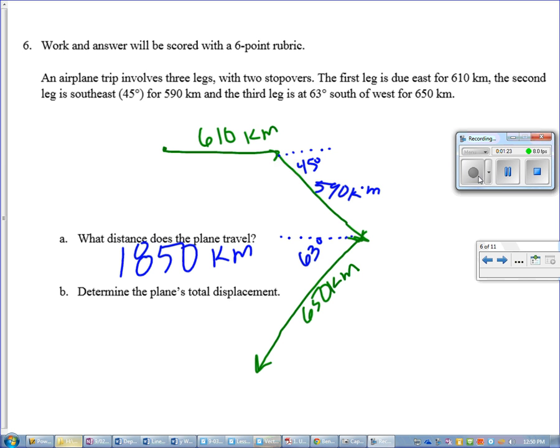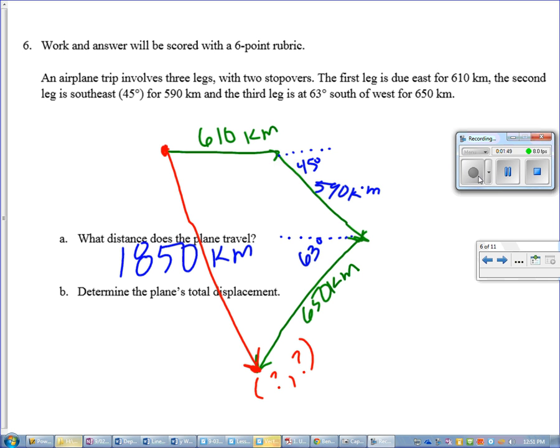Part B, what is the plane's total displacement? That means from its first starting point to its last ending point. How far is it? So I'm drawing that vector in red. That's the resultant vector. We want to know what are the coordinates of the plane's ending point. So in order to find those coordinates, we're going to take all 3 vectors and we're going to add them up. So the first vector,